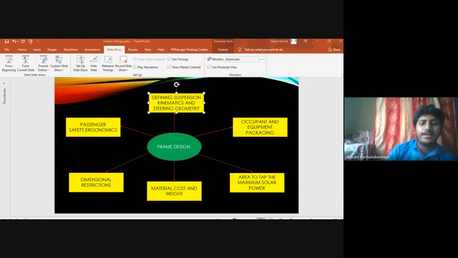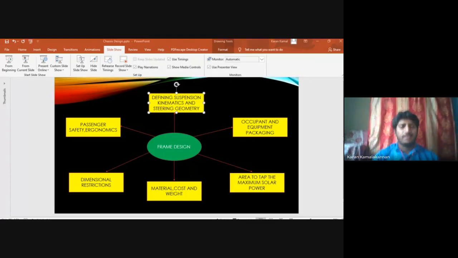Because in any design, most of the things I see are about performance. How the steering and the suspension are preferred for the vehicle, and how it will respond. I think the mechatronics engineer also gave the right answer by fixing the wheelbase and track width, as it will have a significant effect on the vehicle steering, right? So we must fix the suspension and the steering geometry first to get the optimum, because that is one of the key requirements of the design.